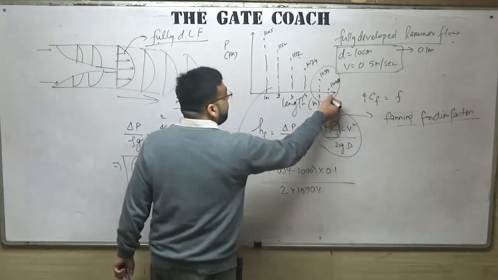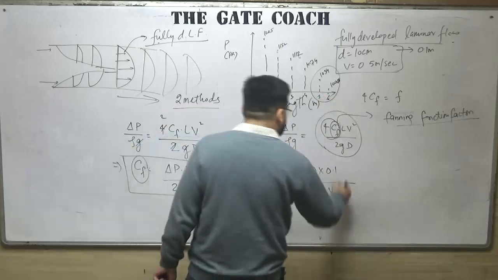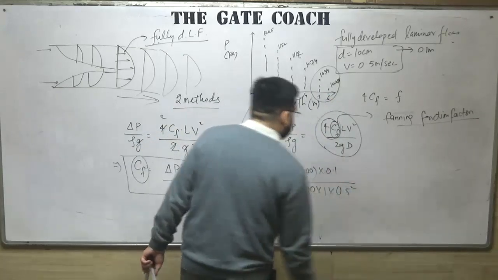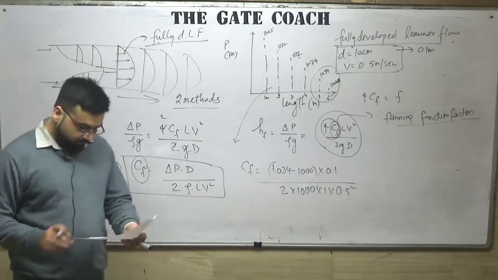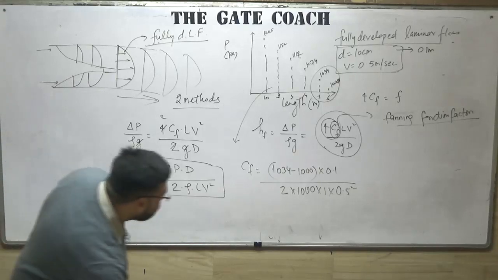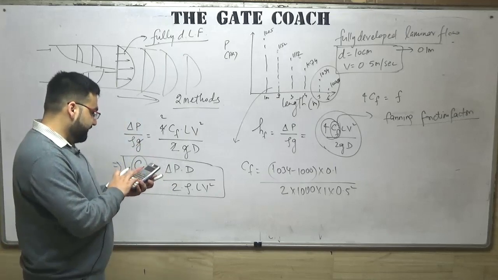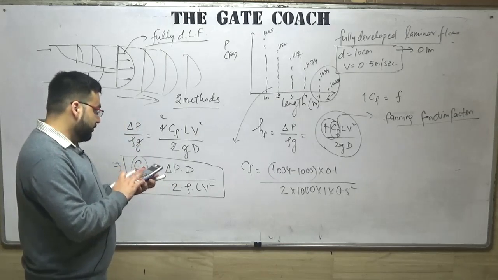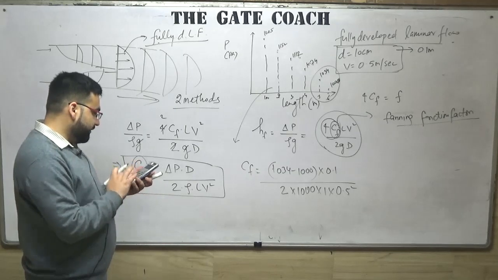The length is 6 minus 5, that is 1 meter, multiplied by velocity square, that is 0.5 square. If you solve it, 34 into 0.1 divided by 2 divided by 1000 divided by 0.5 square, you will be getting nearly